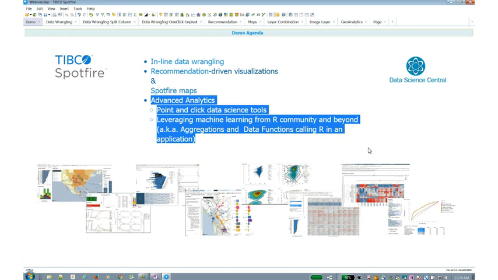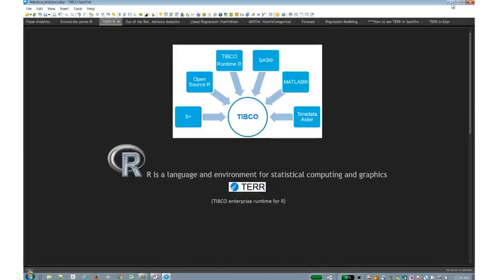Great. So one of the things that I wanted to wrap up here, there's a couple of demos that I want to show and highlight. The first one is, of course, what we can do with just point and click. And then the second is how we can leverage R in the community and your data scientists. So let me just start there. And as Lou mentioned, Spotfire is able to leverage all of these different statistical engines. For all of the demos today, I'm going to leverage TERR, TIBCO's R engine, only because it comes out of the box. It means it comes with Spotfire, whereas for some of these you need to have those environments, but we can actually leverage them as well.